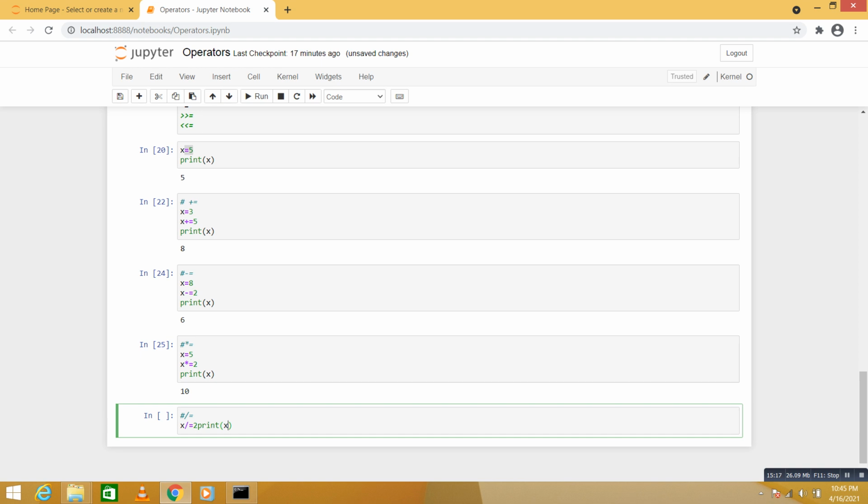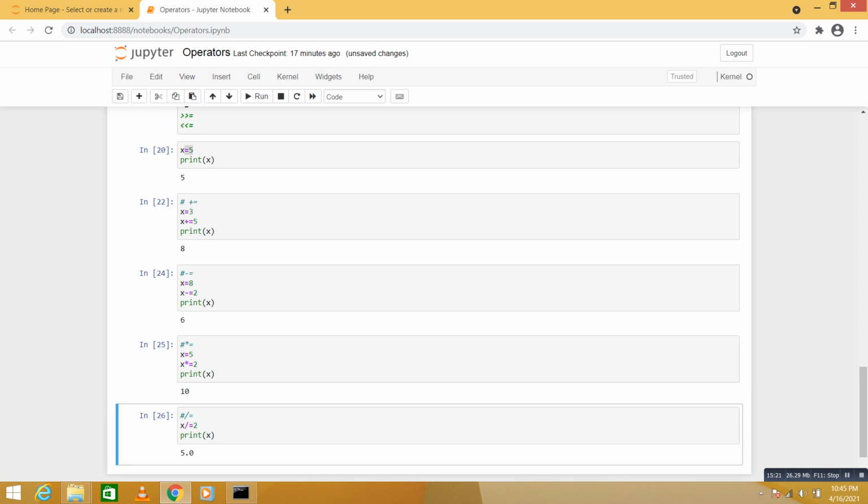So x is already holding the value 10 here. For this statement, we are going to do the division operation on x. Okay, so x divided by 2. Whatever value comes, it is going to be saved into x, and that value is 5. So similar to that is the